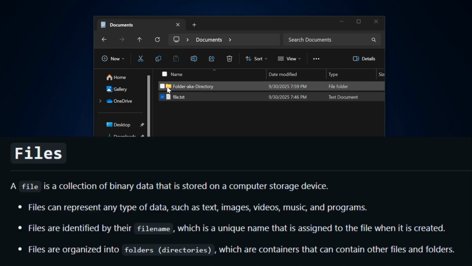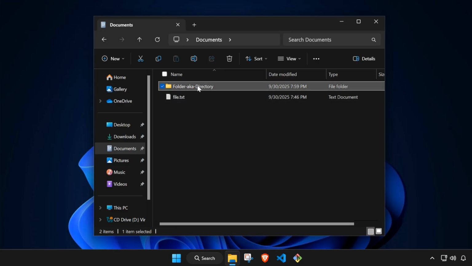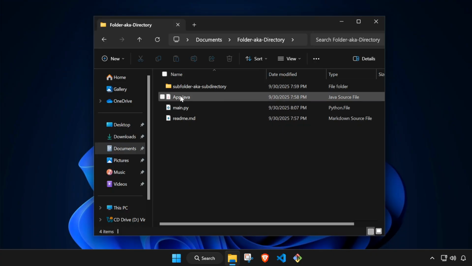Okay, they also have a different icon on here. Folders are designed to be containers. They are going to contain other folders, and they're going to contain files. So if I double click on that one, you will see a subfolder or subdirectory here, and then you will see some other files with some different extensions,